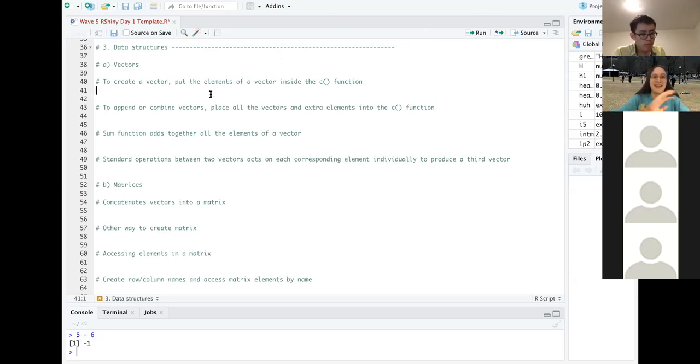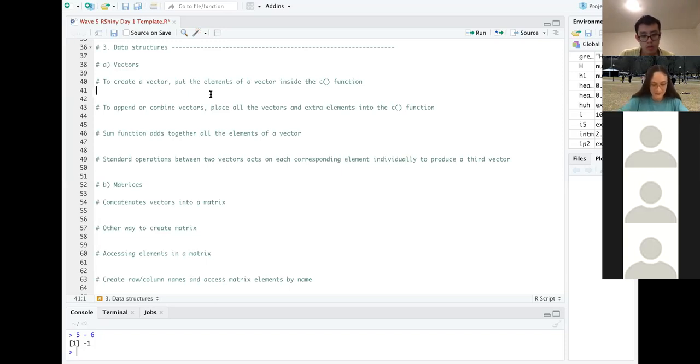So vectors are basically, I don't want to say they're lists, but they're basically lists, but they're called vectors. It's basically like a column of values that can be anything, and they're created using this function called c, which stands for column.